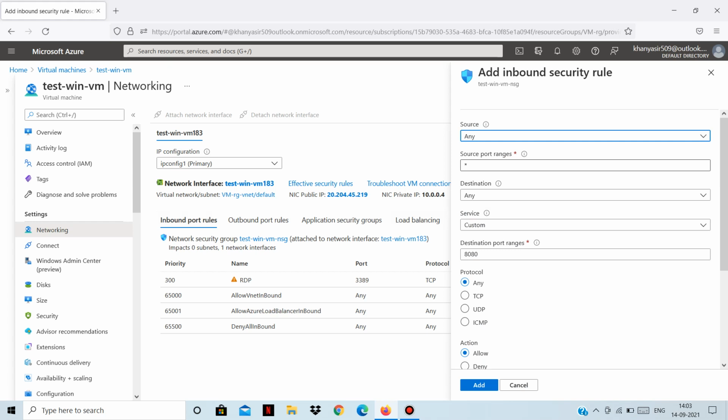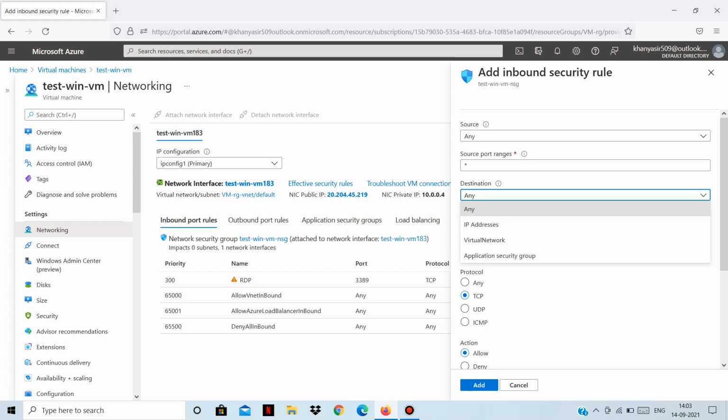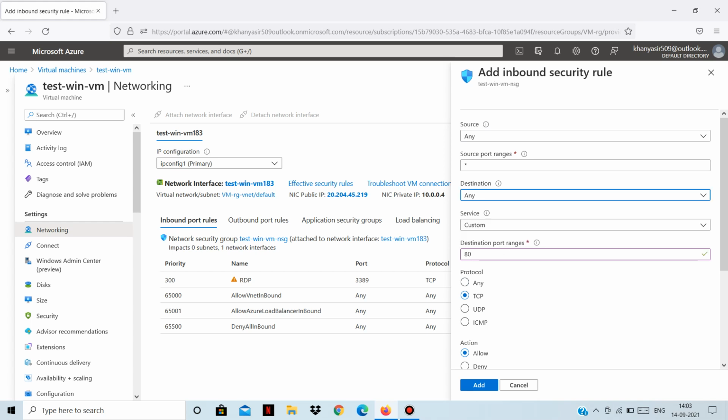My laptop's any port will be used to connect to the port of the virtual machine. I need to open port 80, right? So I need to select 80, and the protocol will be TCP. Destination would be my virtual machine, but let's leave it as any again.